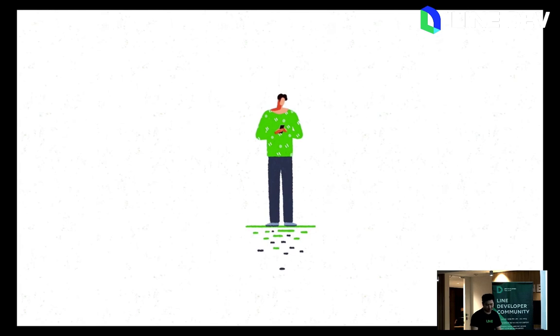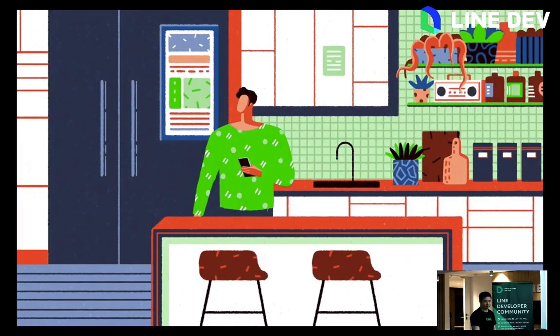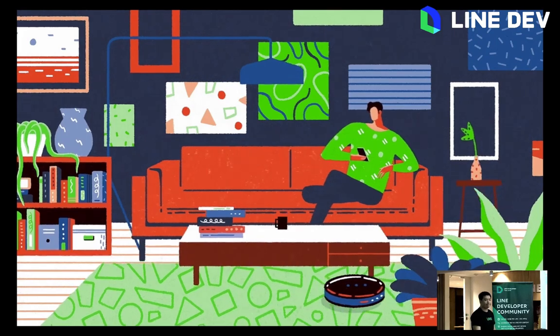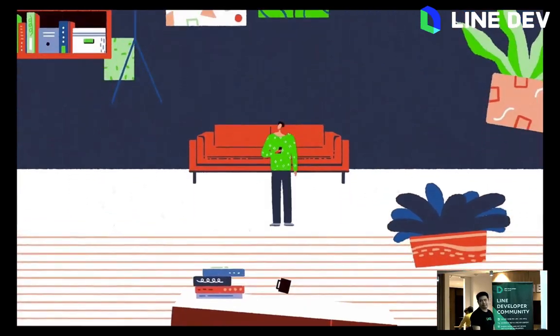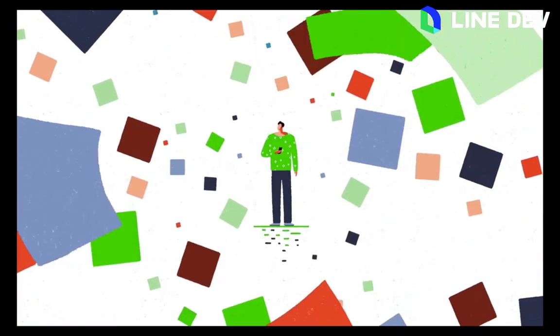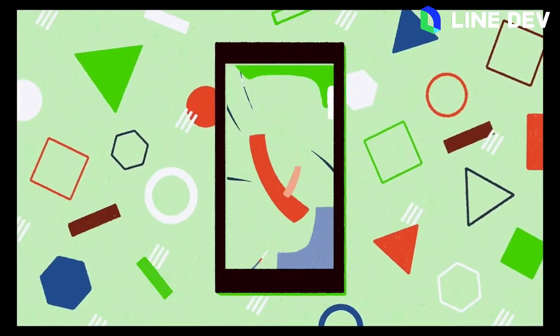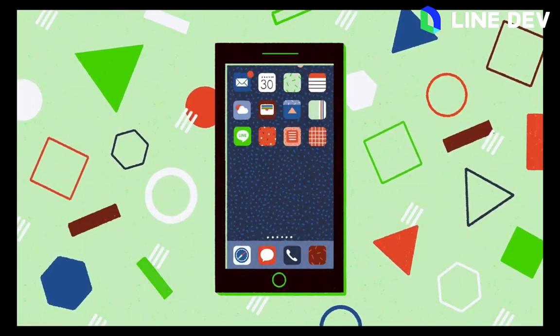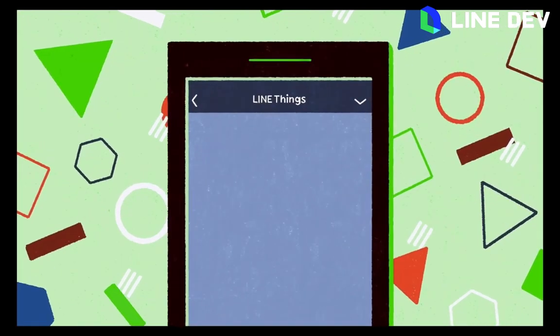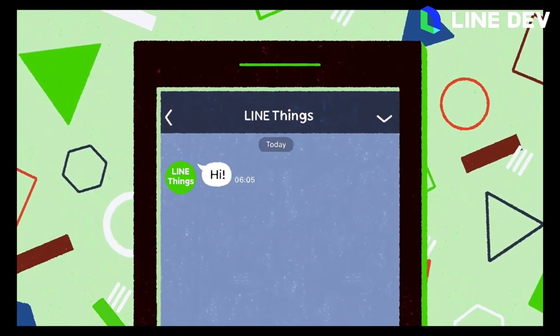It's fun shopping for things. A printer, a cool new smart fridge, a robot vacuum cleaner. But do you find it tedious to download, configure, and keep up with each app on your phone? The more you buy, the more apps you have. Now you can pull it all together using Line to control everything. Line Things uses Internet of Things technology to make your life simpler. It reduces the need to work with separate apps and takes care of setup. But the coolest thing? It works by chatting to you, the things in your home, and things out and about.